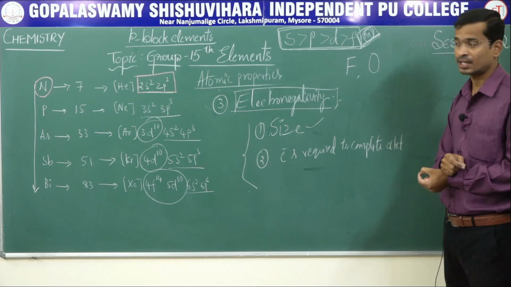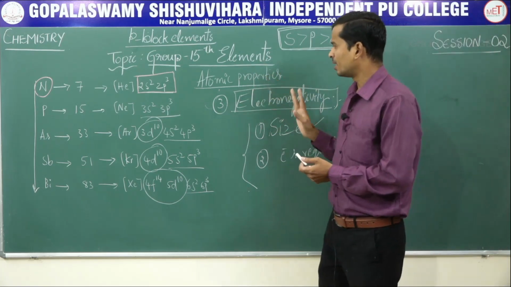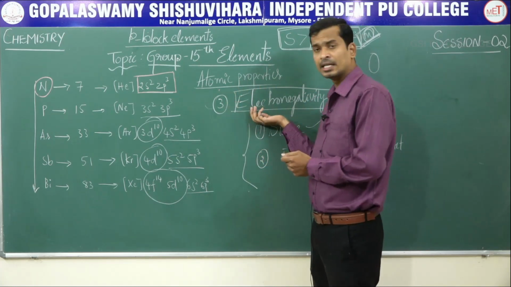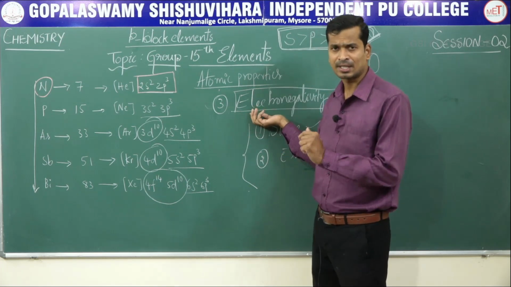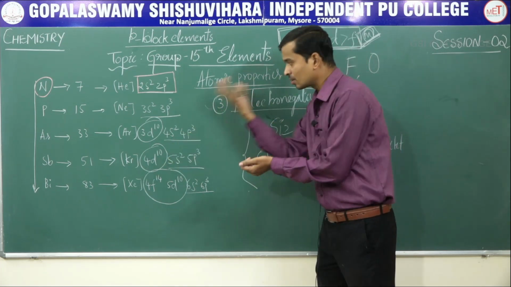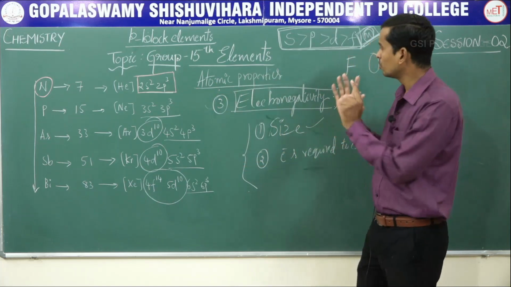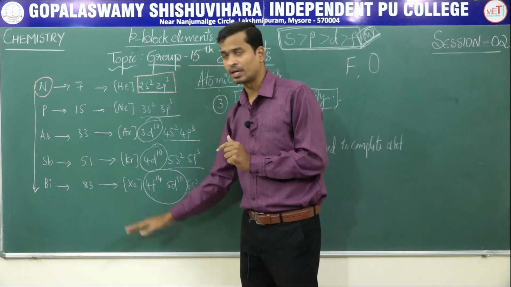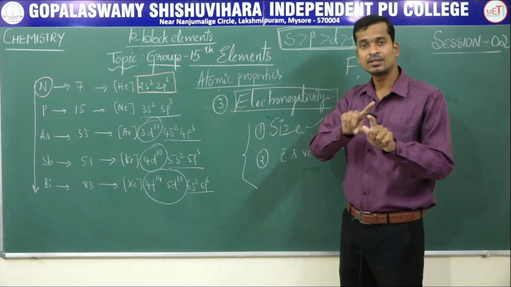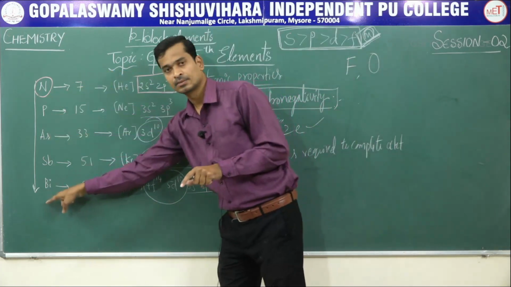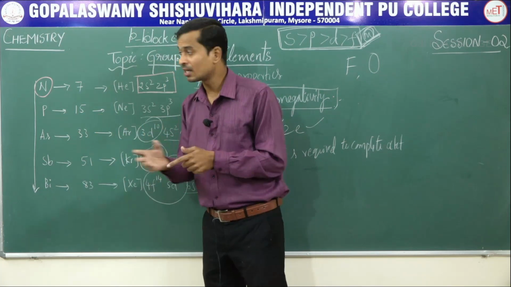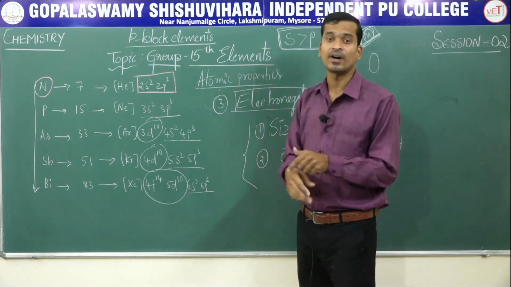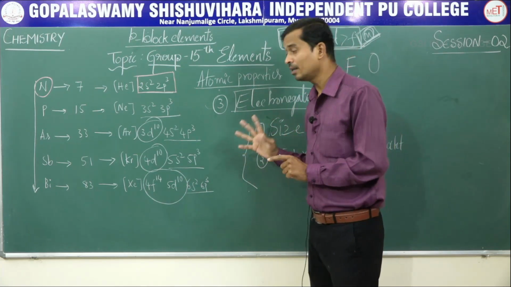that the electronegativity depends on. Okay? In the board exam, you have to explain the electronegativity, ionization energy and atomic radius of group 15. But for the next concept, in competitive exams like CET, this parameter is very important. For group 15 elements, what is the variation of atomic radius from N to bismuth? What is the variation of ionization energy? What is the variation of electronegativity? What is the reason for it? How does it vary? These are the important points.